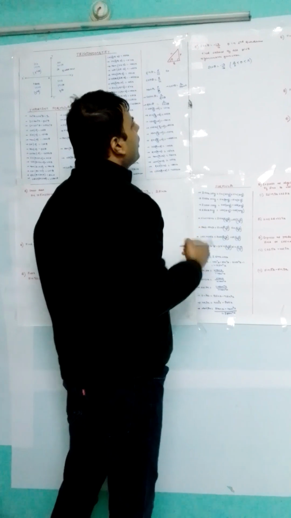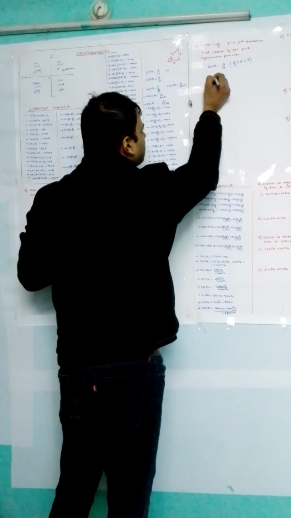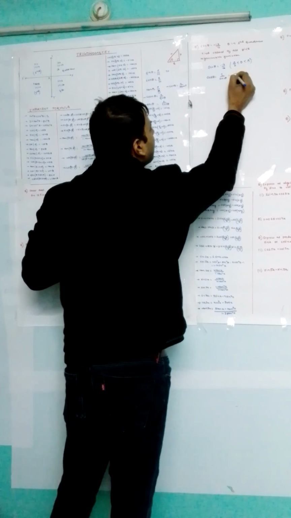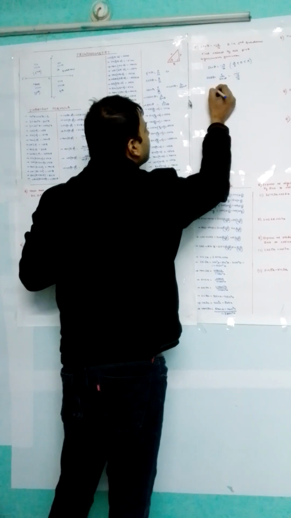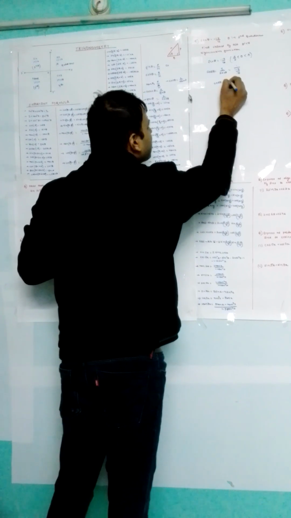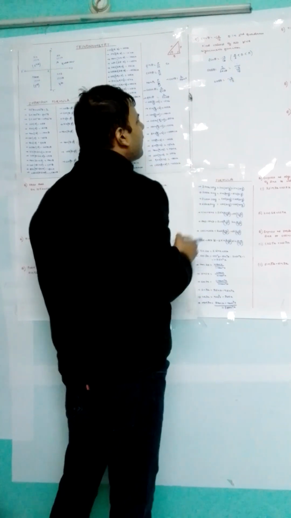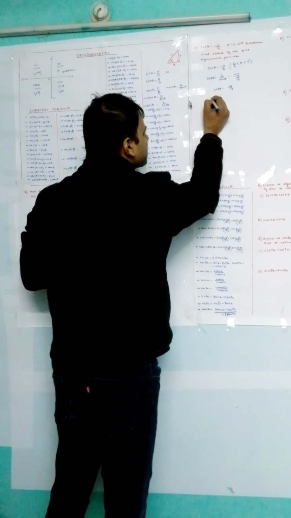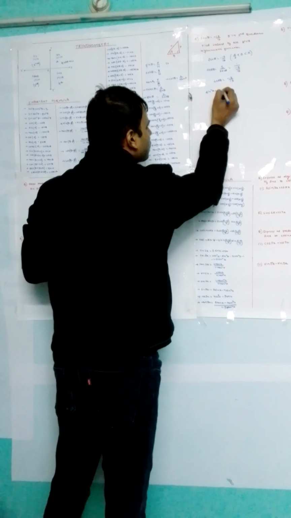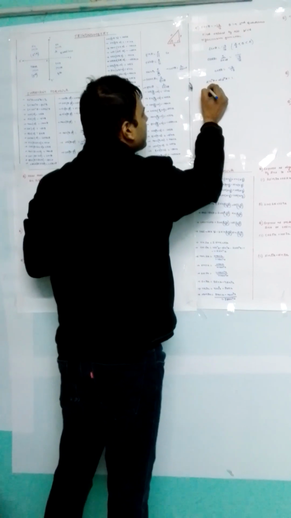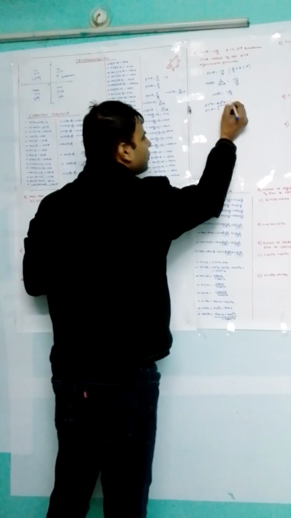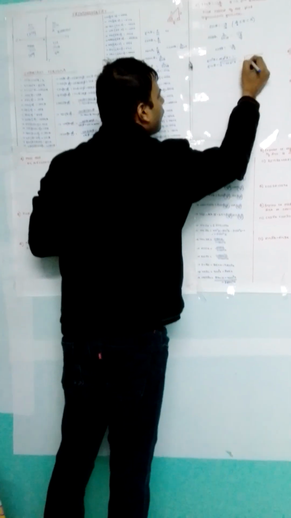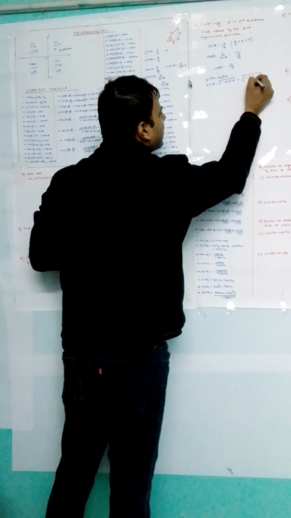So what we will do, the easiest is cos theta, which is 1 by sec theta. 1 by minus 13 by 12. The value of cos theta is minus 12 by 13. Now we will come to the next value. Sin square theta plus cos square theta equals 1. Sin theta equals under root 1 minus cos square theta, under root 1 minus of 12 by 13 square.